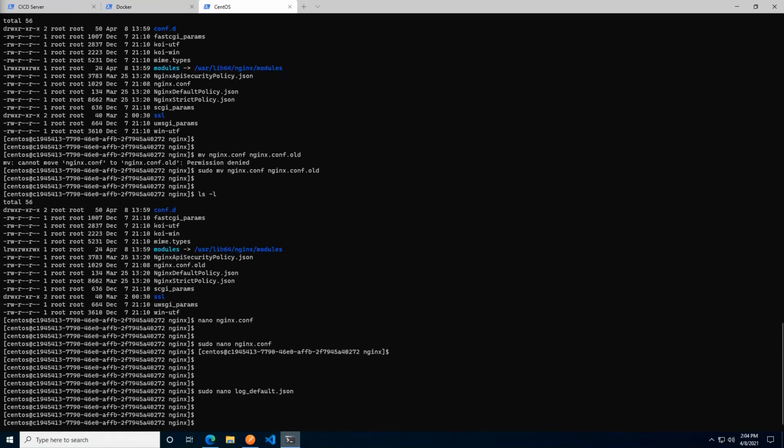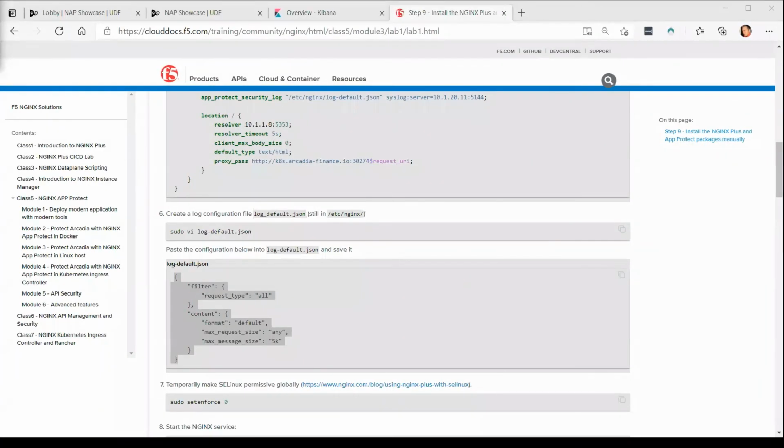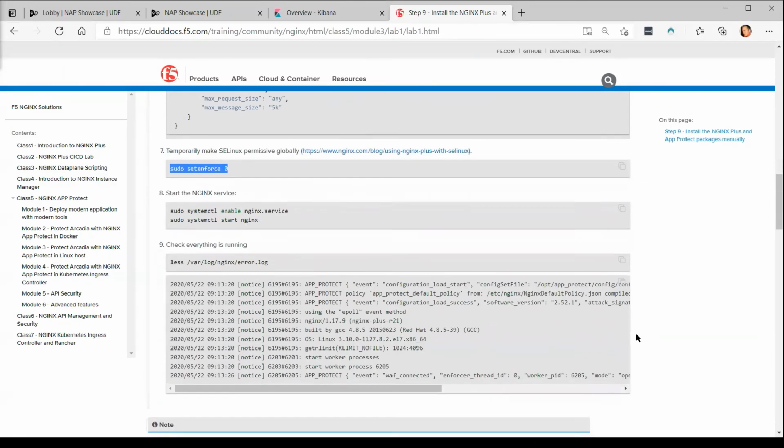This is kind of an important step in the lab guide, the next one. It's important to note because this is not how we would do it in a live scenario. You would generally not just simply disable SELinux globally. You would set up specific rules for what SELinux should let through, and so on and so forth. Here we are just putting it into a permissive state globally for the simplicity of it. This is, again, I reiterate, not the way you would do it in a production environment. You would specifically add rules for what you want to have happen. But that's what we want to do.